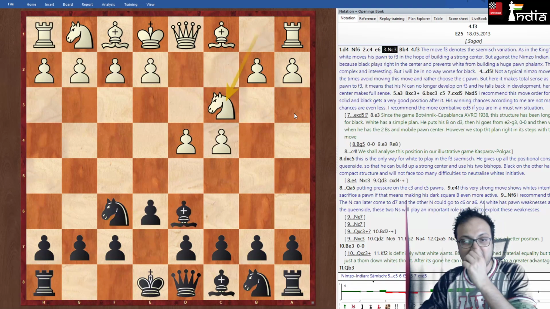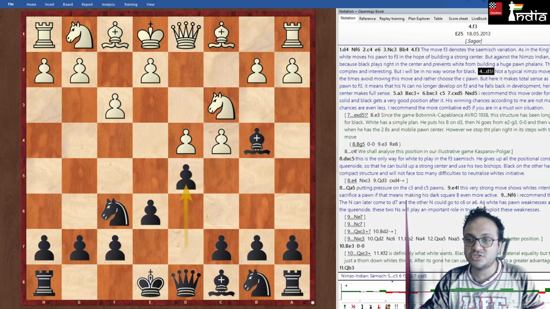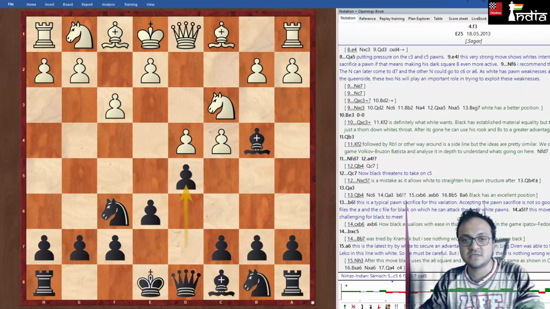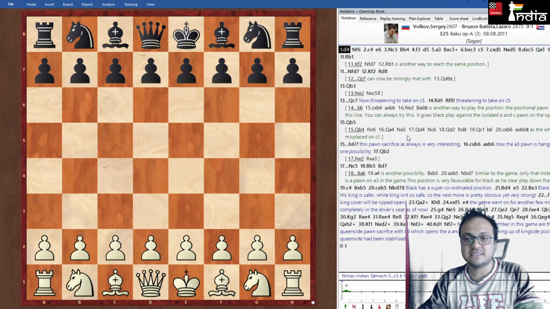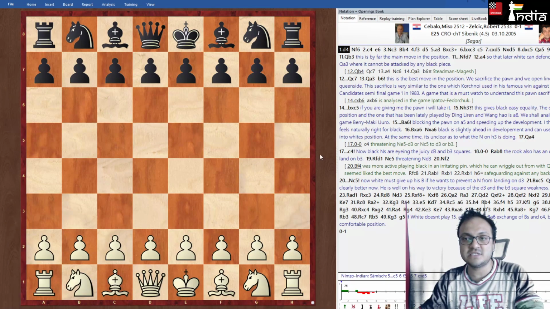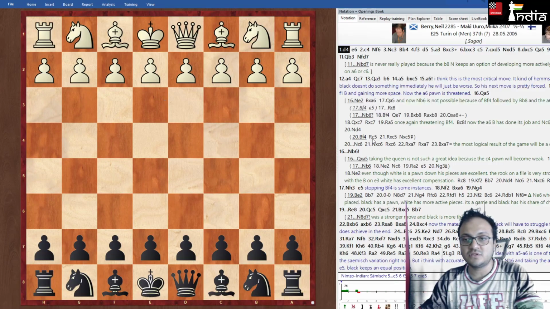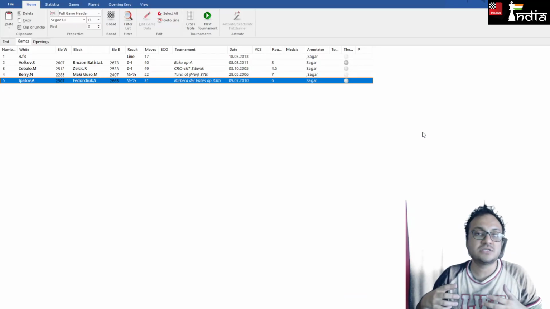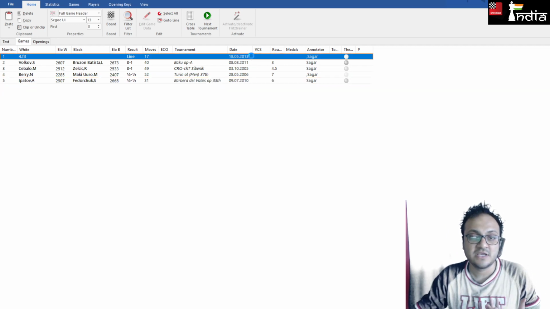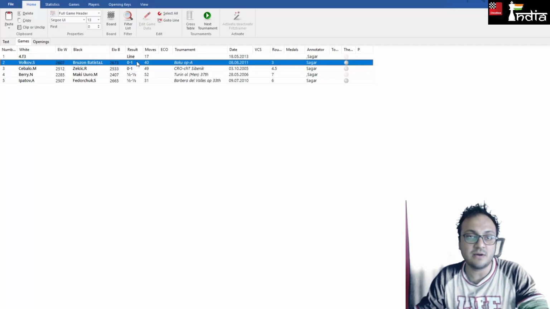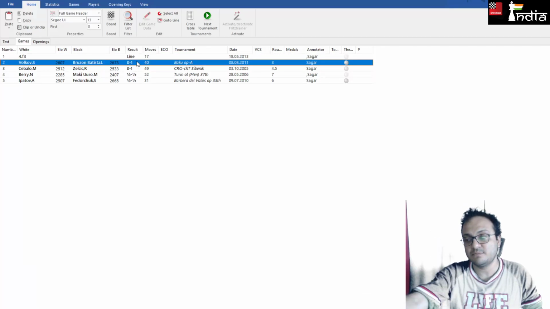Here I give only the gist of this opening. It's a small file with only the main ideas, and the other ideas are in the games, where all the analysis is done. I think this is very useful because you are able to not just remember the theory. Whenever you want to revise, you can just click here and revise it, and whenever you want to see detailed games, you can check below it.